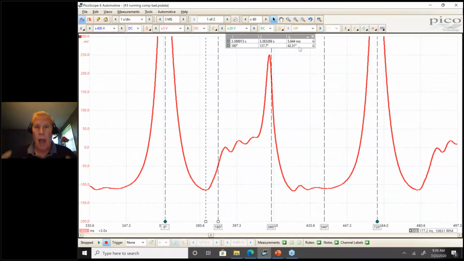Let me do one other thing. I measured the duration. My rough math duration on the good one was about 230. So I'm going to grab my other rule. Now this one's much easier. I have a much higher level of confidence in telling you where the exhaust valve closed than I did previously. The reason for that is that point right here